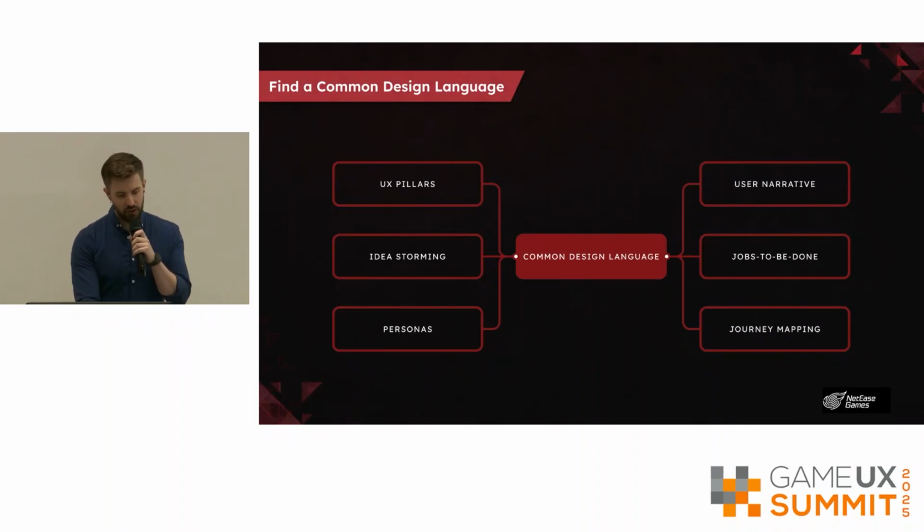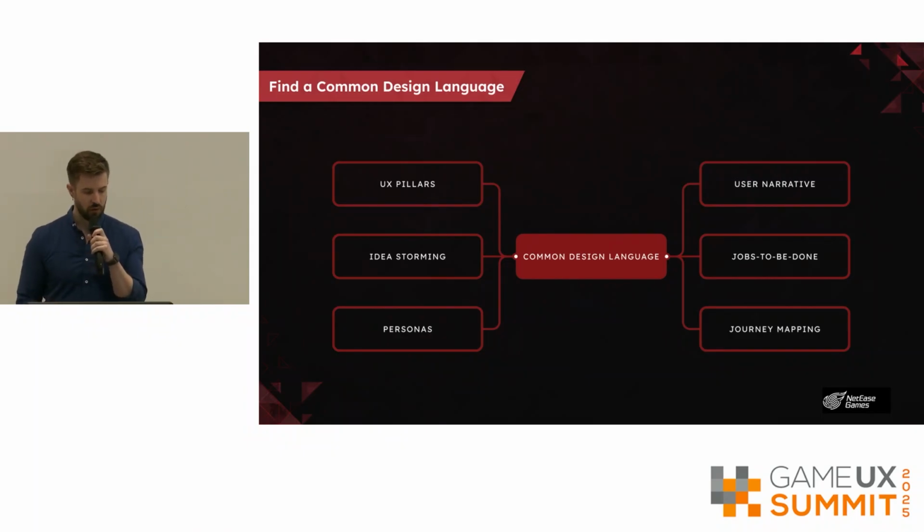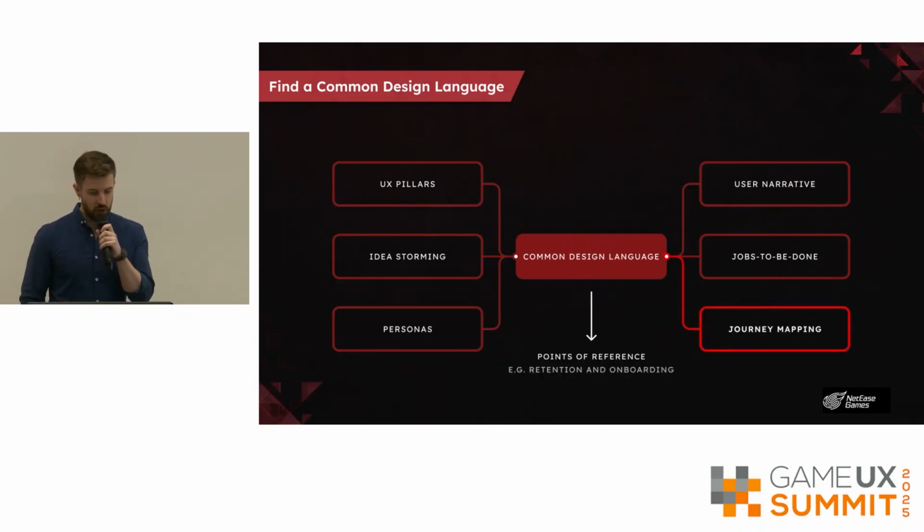But a big challenge that we found is finding what we call a common design language. So you need to get buy-in from these teams. They need to recognize the value that these methods bring. For example, journey mapping. Maybe you do a journey mapping for an onboarding flow, but maybe you're thinking about it from the perspective of learnability, maybe player confidence or meaningfulness during that. But actually, when we were doing journey mapping, we found retention was the best word to use to bring, for example, the producers on board and so on.